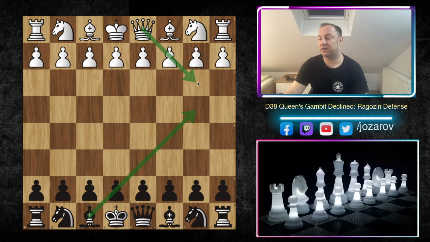Today we'll face this very aggressive move Queen to B3 of White. So this idea is clear. When we want to play the Ragozin Defense, we have to play of course the move Bishop to B4, and then with the move Queen to B3 your opponent is trying to challenge you, is trying to provoke you, is trying to force you maybe to even trade off the bishop for a knight in an early stage of the